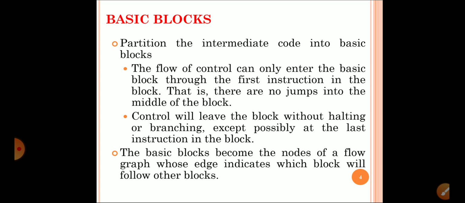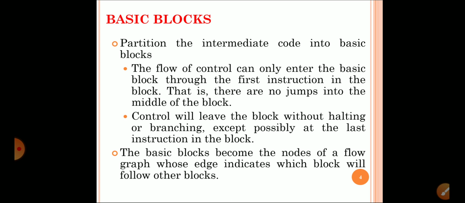Basic blocks are an optimization technique, and all the branching statements, conditional statements, and jump statements are handled during intermediate code generation itself. So in code optimization we should not go for the same things again, as that will result in ineffectiveness of the code. Many things have to be taken into consideration: basic blocks are an optimization technique, so they will not handle any jumps in the middle of the code. These jumps are already handled in previous phases of the compiler.